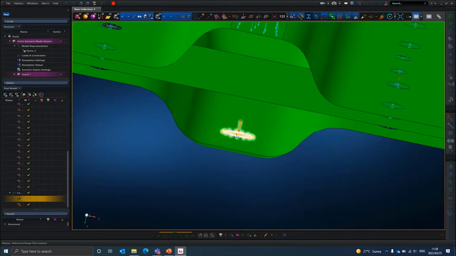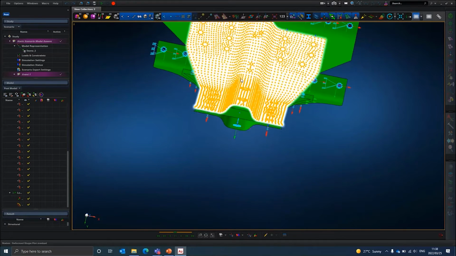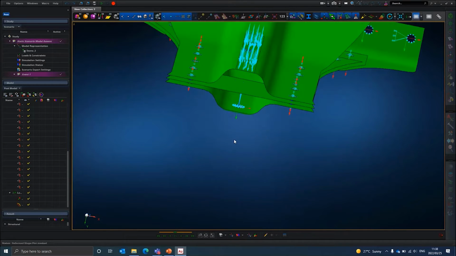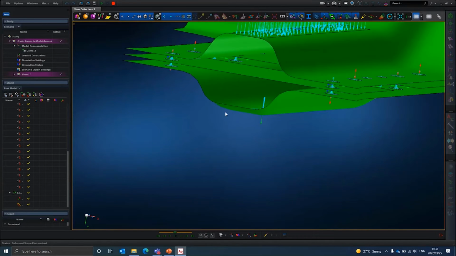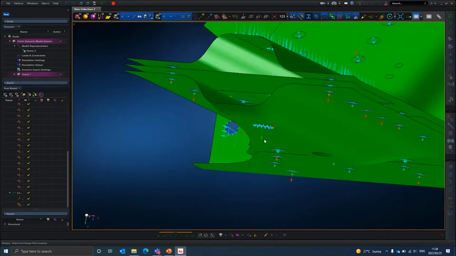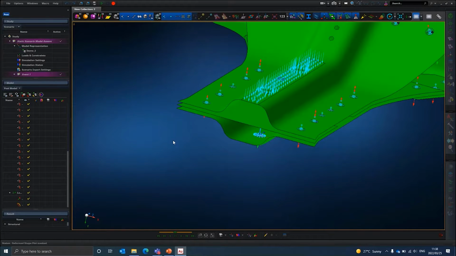So I did not specify my load cases correctly, because my initial idea is this is one load case where I applied my pressure, and the other load case is where I attach something to that bolt hole. And those are 2 different scenarios. So if I go back to my